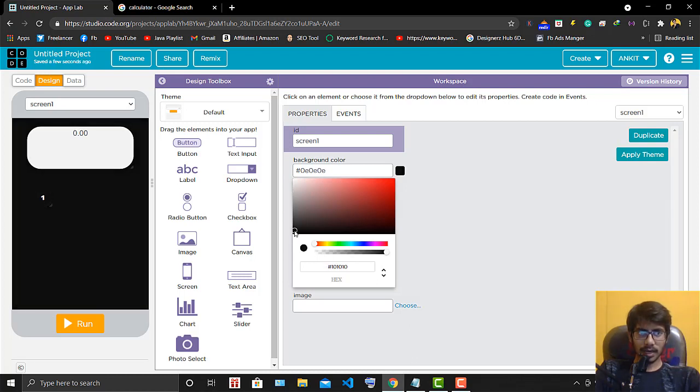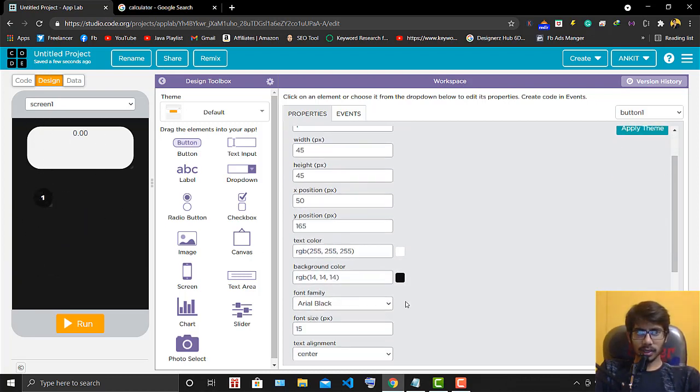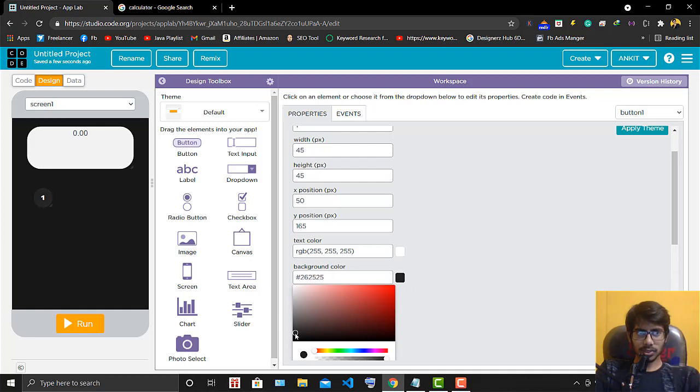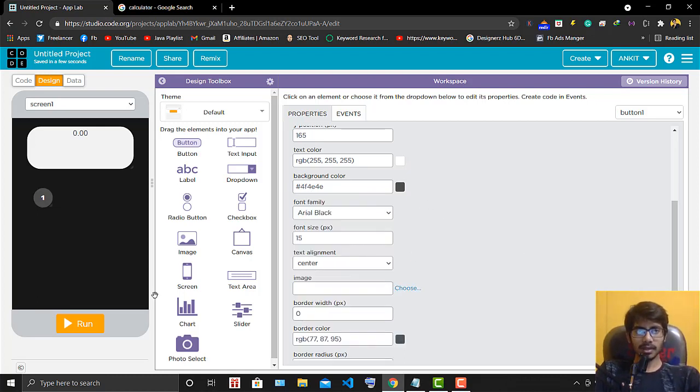Now look, I think it's looking good. Now we go here, and here we will try to change it with this button, okay. A little bit I will try to make it more black. So I will give this color, okay.